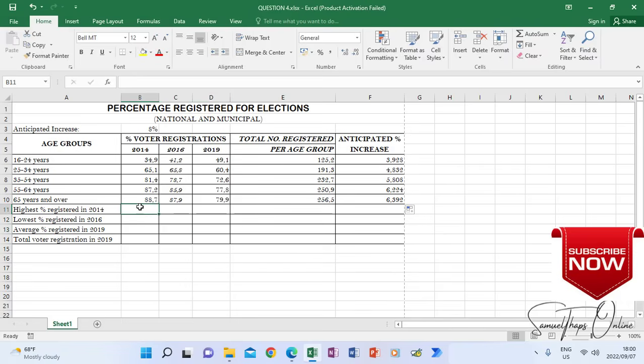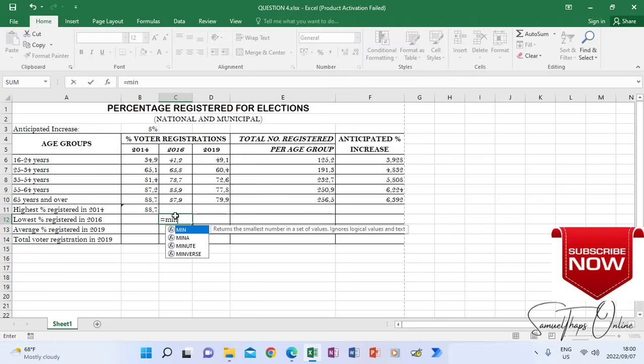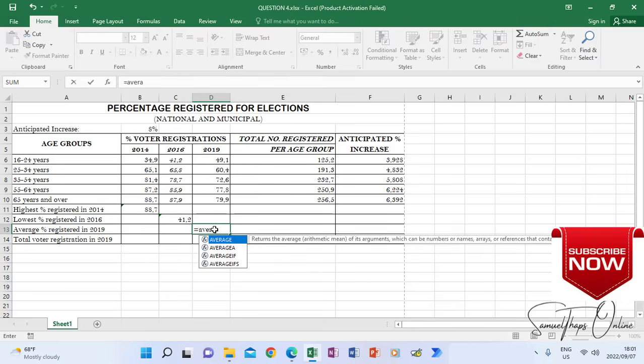So for the first one here, we are looking for the highest. The formula is MAX for maximum. Open the bracket, highlight everything in the range of 2014, close bracket, enter. The second one here, we are going to calculate the lowest. The function is equals to MIN, open bracket, take everything in that range, close bracket, enter. When we come to this one, we are going to calculate the average. Now, when the bracket opens, we take everything in that range, close bracket,